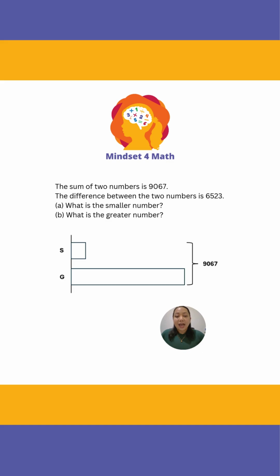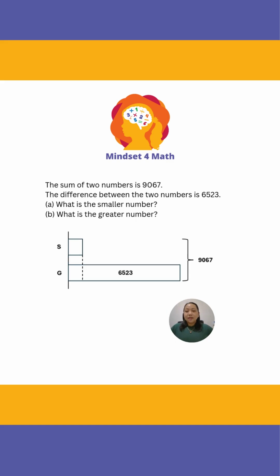9,067. That represents the sum of the two numbers, which is 9,067. The difference between the two numbers is 6,523. So what I will do is to draw a broken line that will highlight the difference between the two bars. Then I will label the difference between the two bars